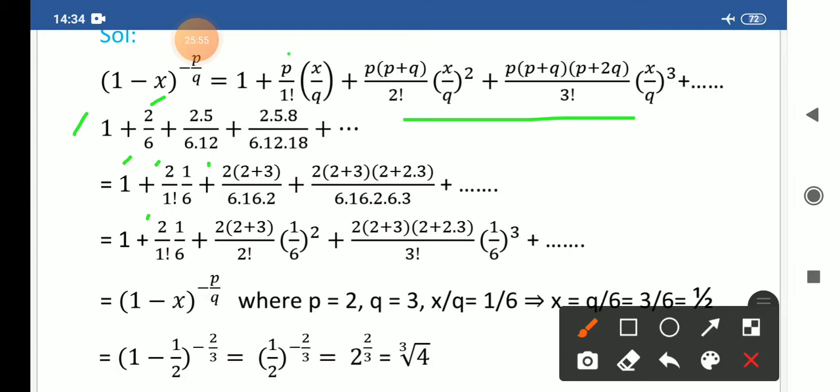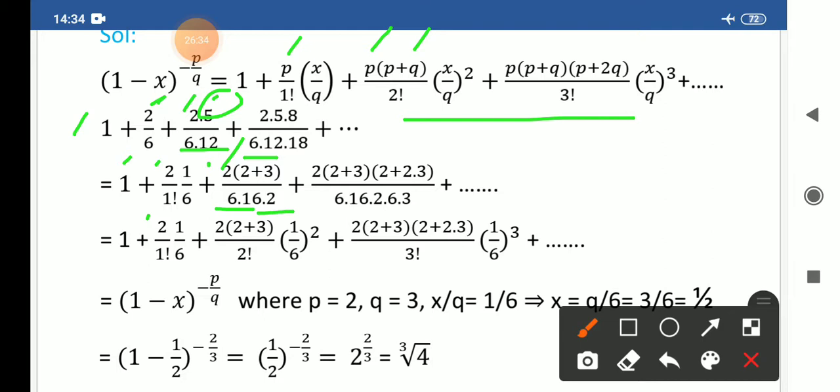Now comparing this, p is equal to 2. The next one is p into p plus q, 2 into 5. So p is equal to 2, you write this 2 here. Now the second, p plus q is 5, p is 2, so 2 plus 3. So what do you observe, what is q? Yes, q is equal to 3. Okay. We write this 6 into 1, 12 is 6 into 2. Up to this mark, we have p as 2, q as 3.